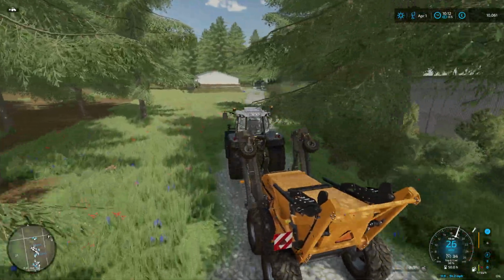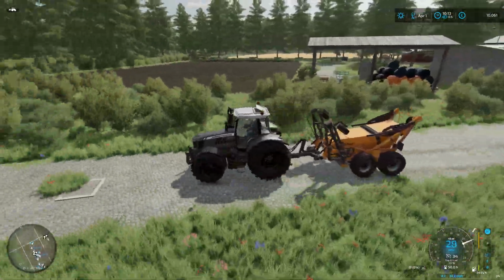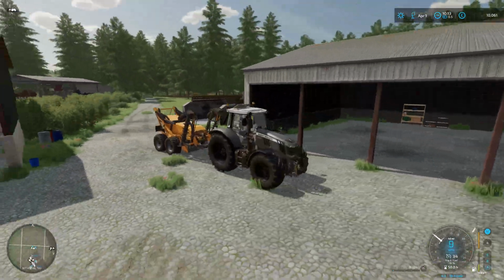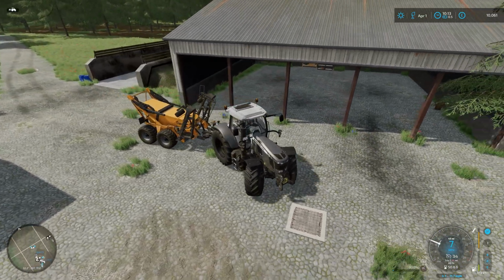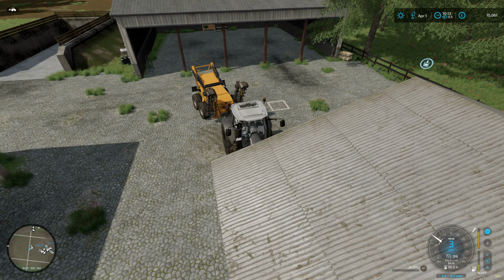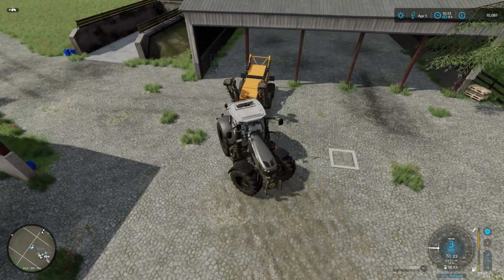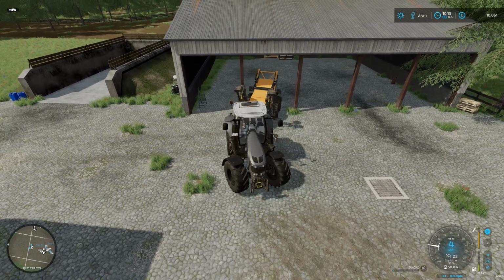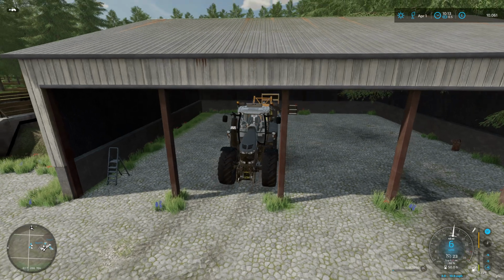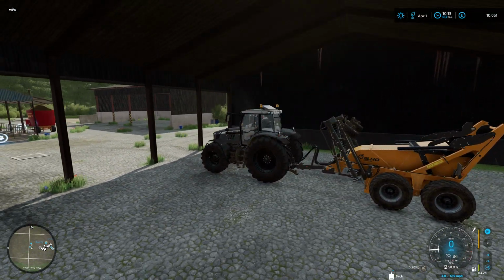But I am just trying to figure out a good place to park this off. We've got loads of space down this new area, so I'm thinking I may as well start parking some of my new kit down here. Hopefully soon it's going to have a bit more animal kit down here, so we do need a slurry tanker at some point and a manure spreader, or a muck spreader. But right now let's just park this if we can actually do some reversing, and then what we're going to do is get all set up to do